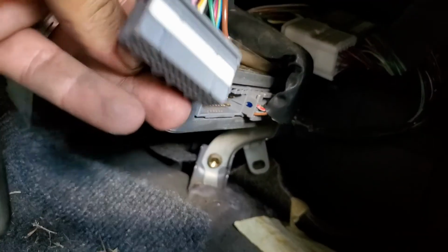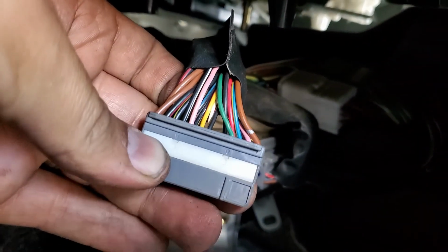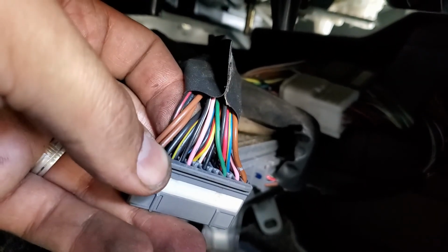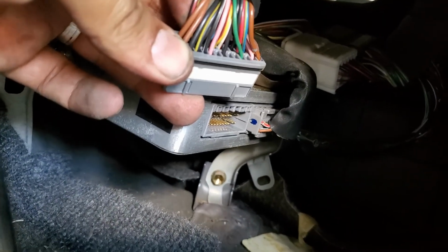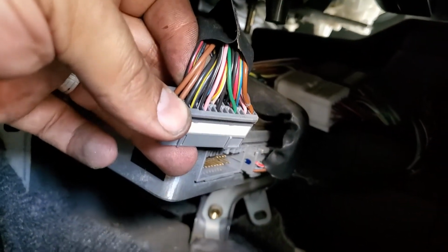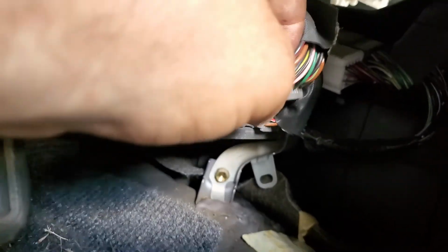Let me see, it is a black and yellow, you see it, and the one next to it black and red. So we're going to probe on that black and yellow and check the one next to it, although it's not misfiring, that cylinder is not misfiring. That's number 3, but just to compare,